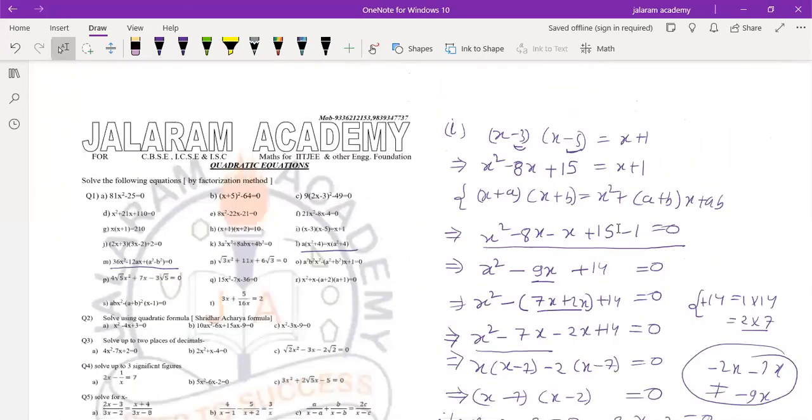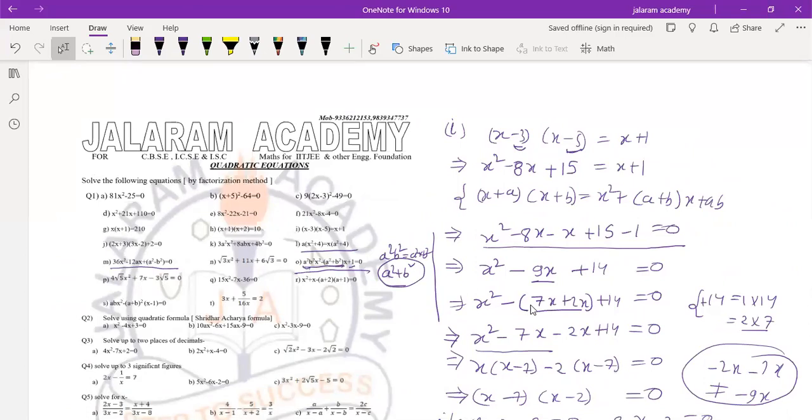Try them yourself. Question number O, if you look at this, it is also of the same type. We have to find the factors of a square b square into 1, that is a square b square, in such a way that its sum must be a square plus b square. And you already know that it has a square into b square as the factors and their sum is a square plus b square. So why are you not separating it to find the factors of it? Is that clear to you?